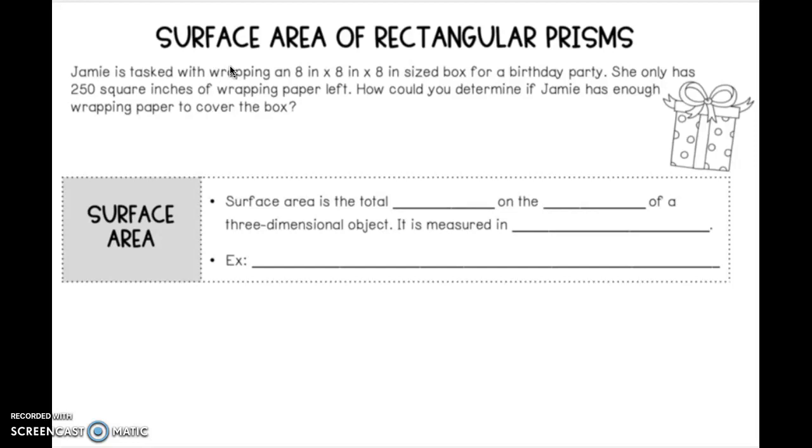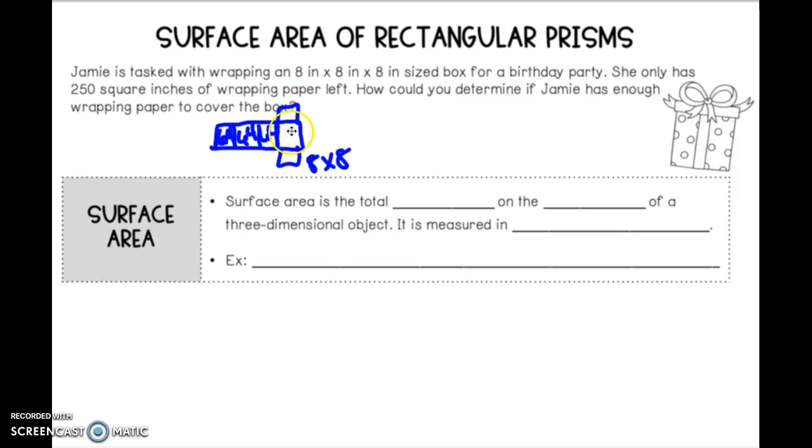So if you want to think about this, go ahead and pause the video. If not, continue on if you're not sure how to do this. So Jamie has a box, and if you undo the box, you get a net that looks like this. We talked about nets yesterday, and each net is a square, and pretend that actually looks like squares. Each one of these would be an 8 by 8, so that means each one of these would be 64